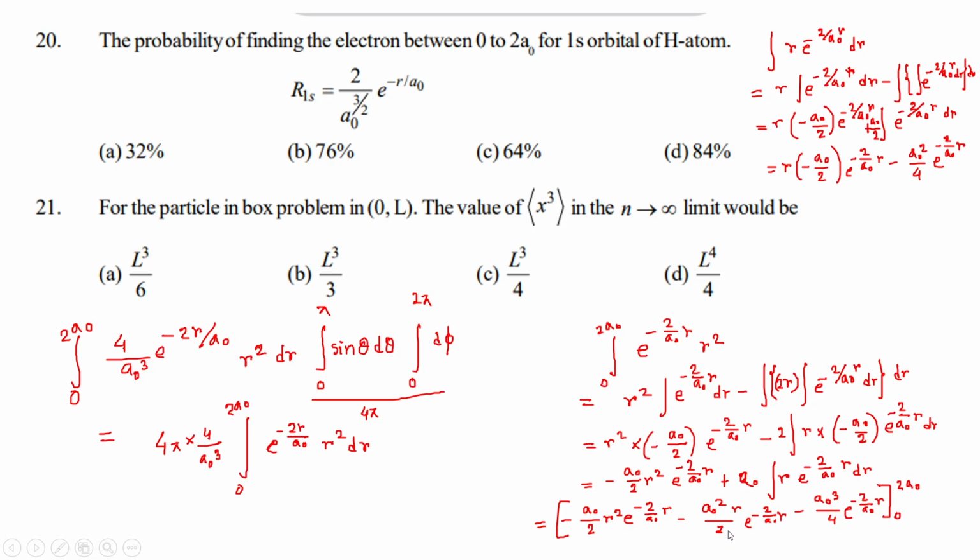So what I'm going to do is write whatever I'm getting from here. 2A0 I'm putting in place of R square, right? So let me do that. Equal to